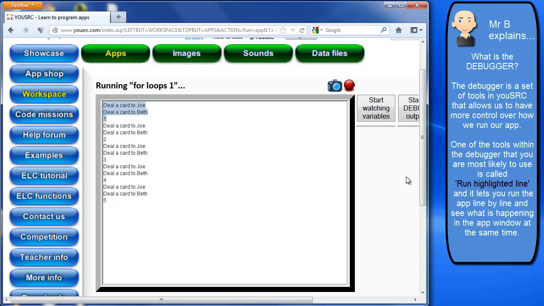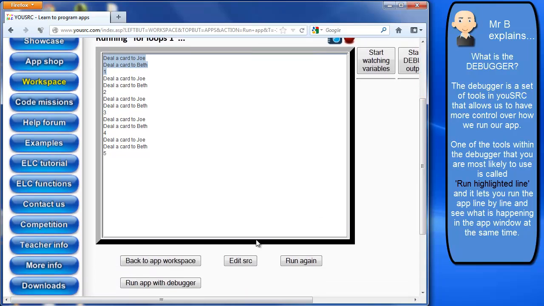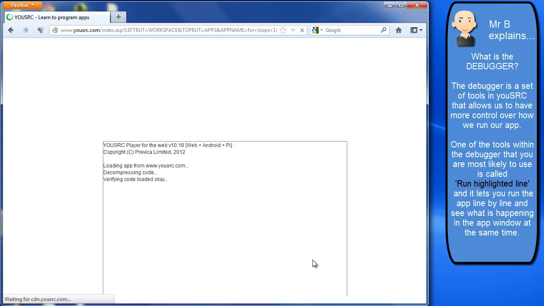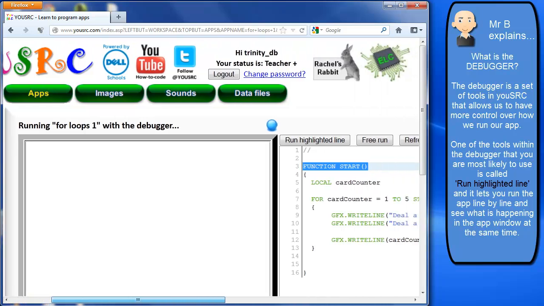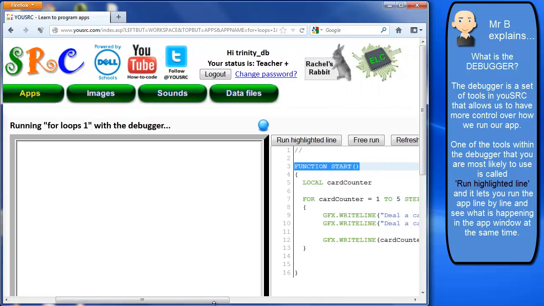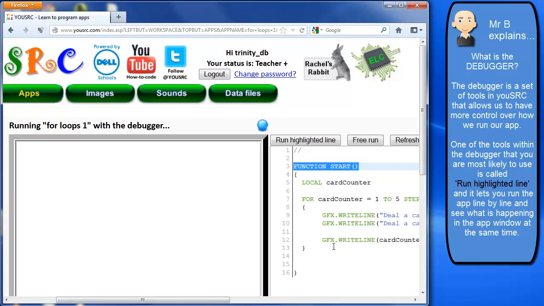Now one of the things we can do is go down here and say run app with debugger. Now it's called the debugger basically because we would normally do this in order to debug our application, i.e. we're trying to find the root cause of a particular bug in our application. Now in this case we know the program actually runs fine, but one of the things we would normally use this for is where the program isn't perhaps working fine and we're not sure why,